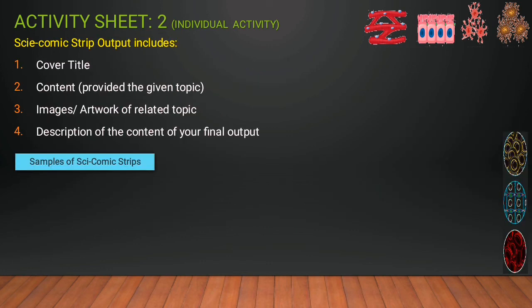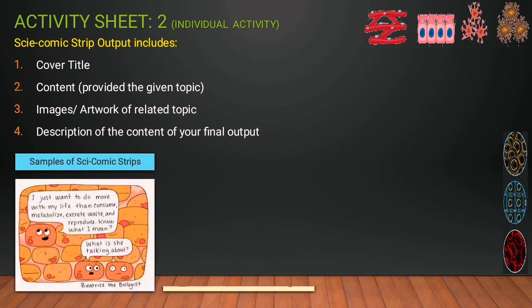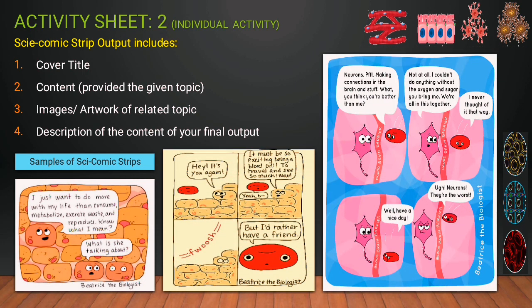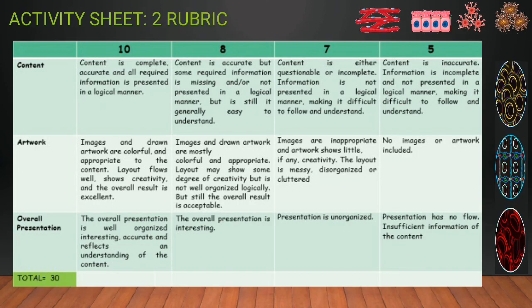This is your comic strip output. It includes the cover title, the content, the images, artwork of your related topic, the description of the content of your final output, and these are the samples of comic strips. And this is your